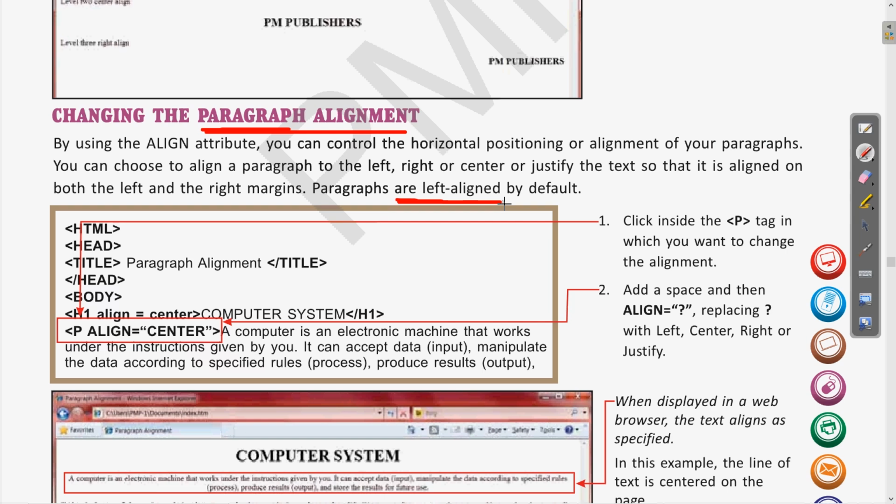Clear? If we want to change this, we can use the align option. With any of these paragraph tags, we can write the alignment attribute, meaning left, right or center. Let us see any of the previous paragraph examples and then we will change the alignment of that.